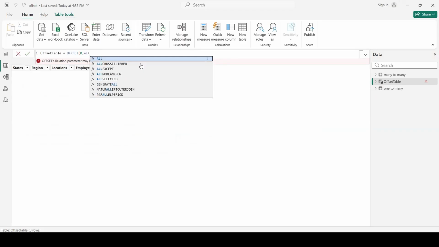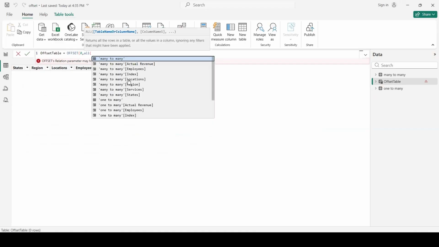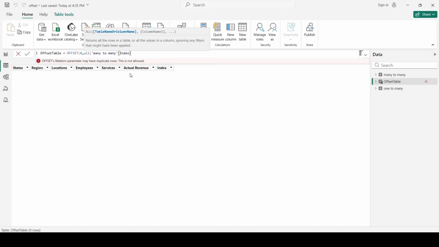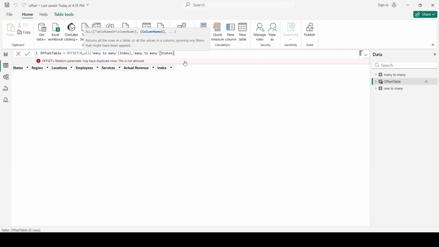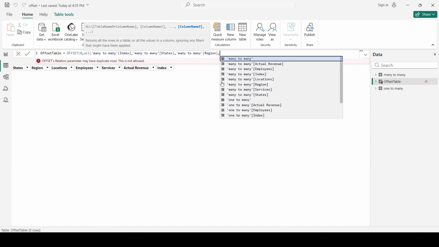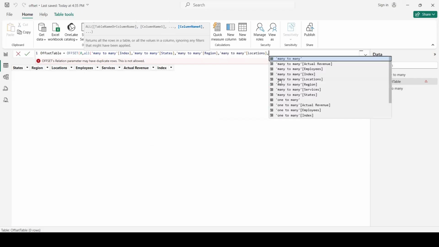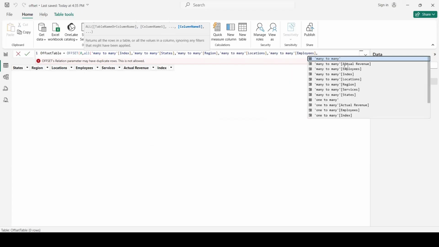We can use ALL function just like that, and now we can just pick up from many to many table all our columns that we want to have in our table, and it will work. So we choose many to many index, first column, comma, then we say we want states, and then region, locations, employees, and what else?